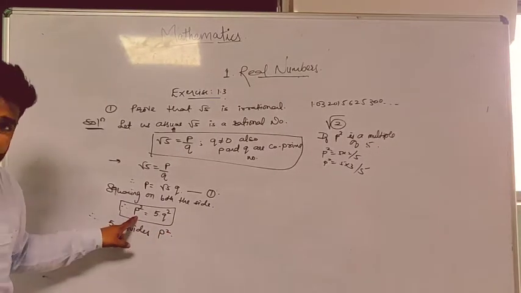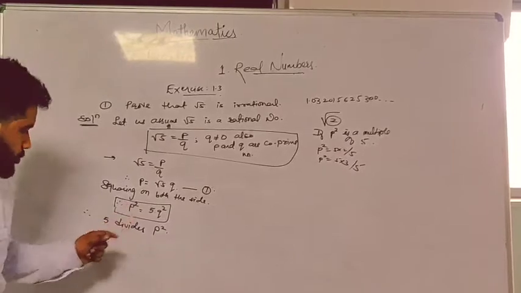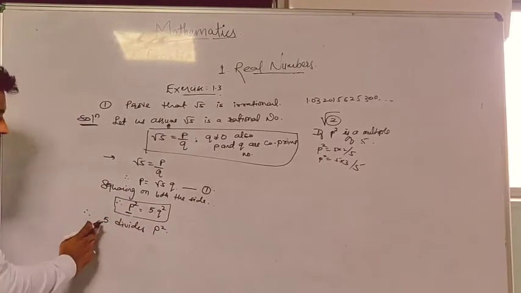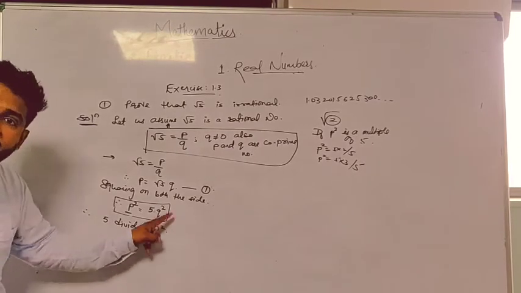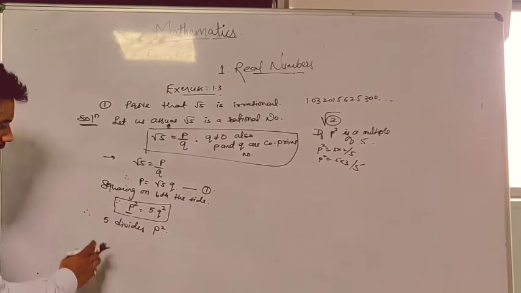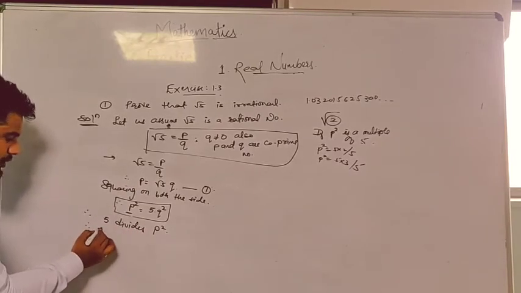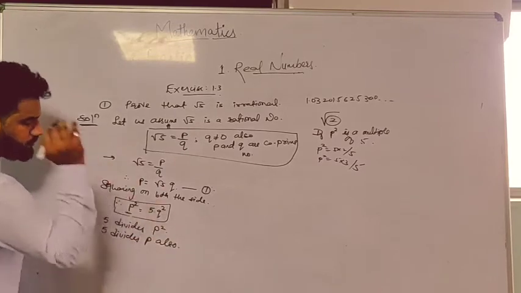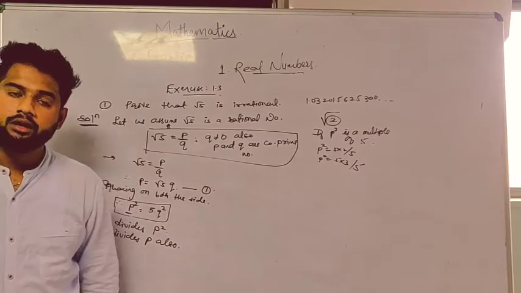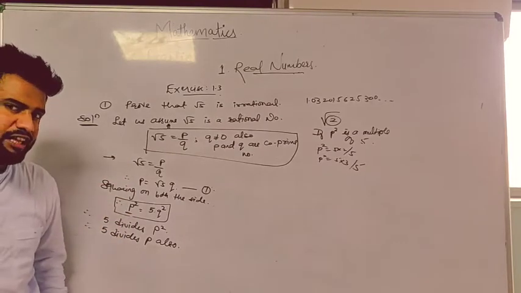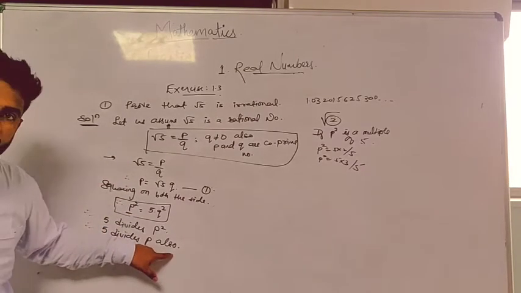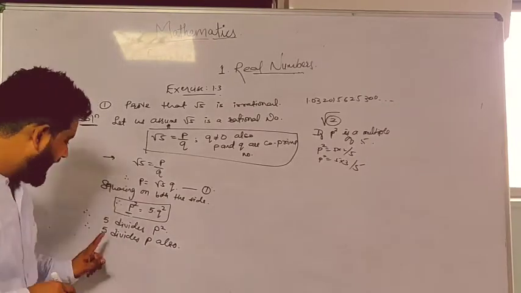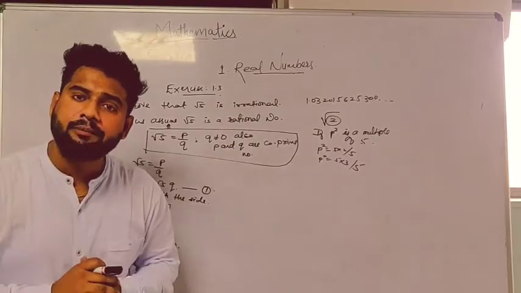You have to focus on this question. This is the answer of this p square. So 5 divides p square. 5 is a prime number, and it is dividing the square of a number. So just now, what theorem have I learned? If 5 divides p square, then according to the theorem, 5 divides p also. See, this is the common procedure you have to follow in everything. So if 5 divides p, now the counter attack you have to do.